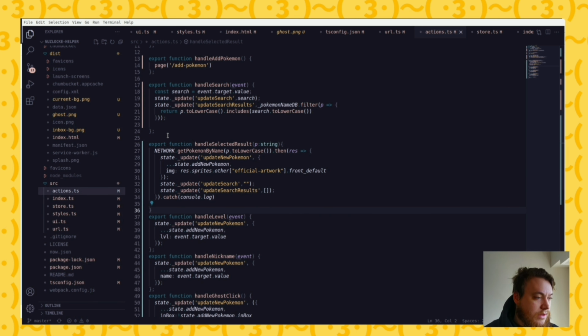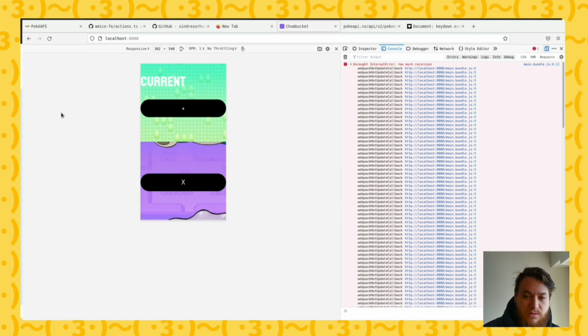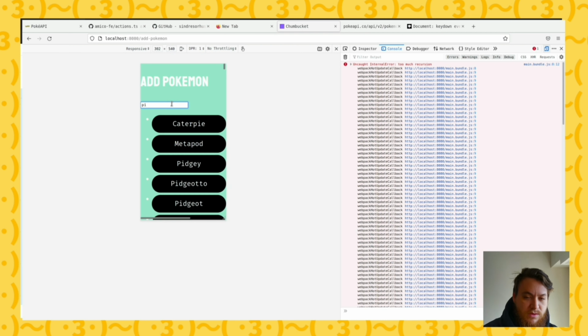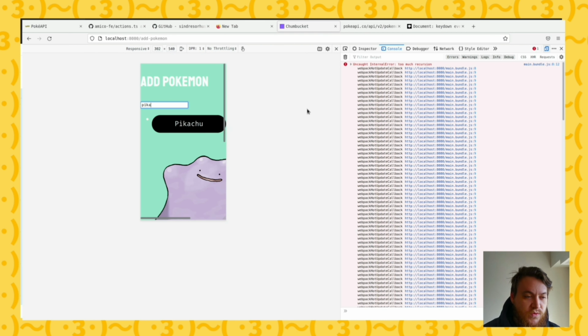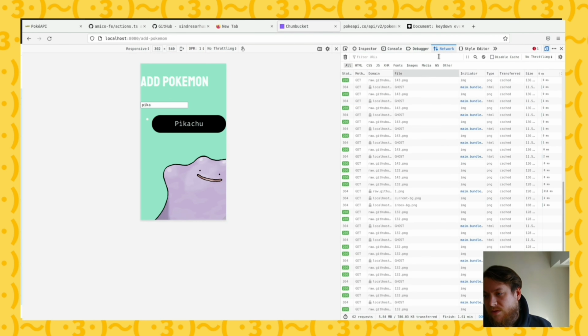and as I mentioned before, we put the handle search, which will search the names and get the correct spelling for us. And then the handle search results will actually go to the network. We go here, just to reiterate. I'm pretty sure I covered this. If I go Pika, then this will trigger the network call. If we have a look at this network call here,